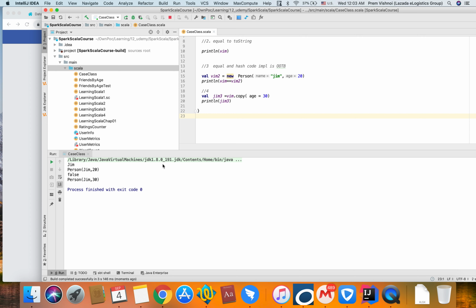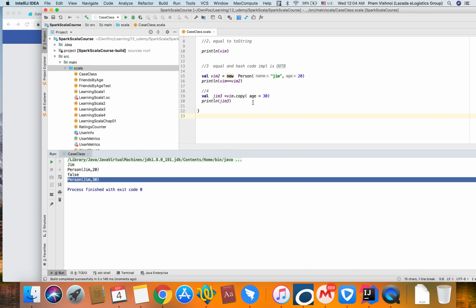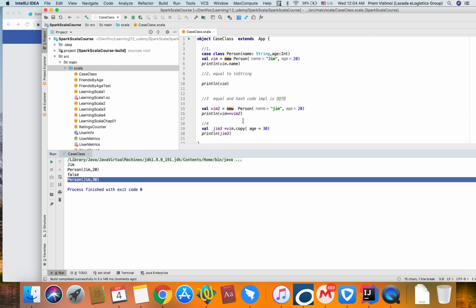And case classes have comparison of objects. Case classes have comparison of objects, person and person. You can do the comparison of objects, right? I think that's it for case classes. So this is false, and these are the previous names. This is how case classes work